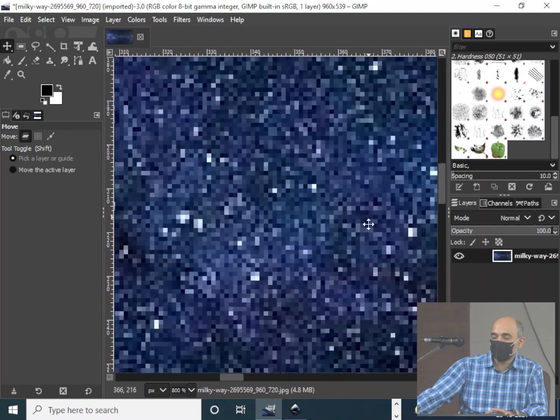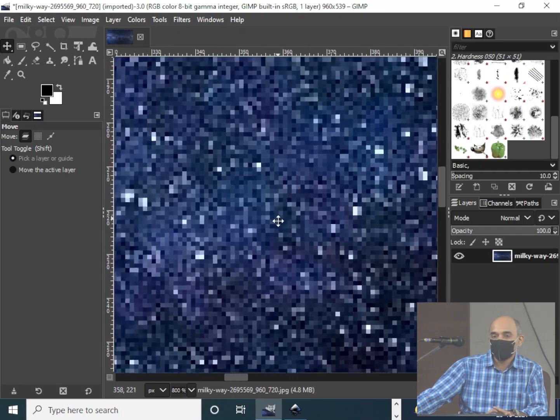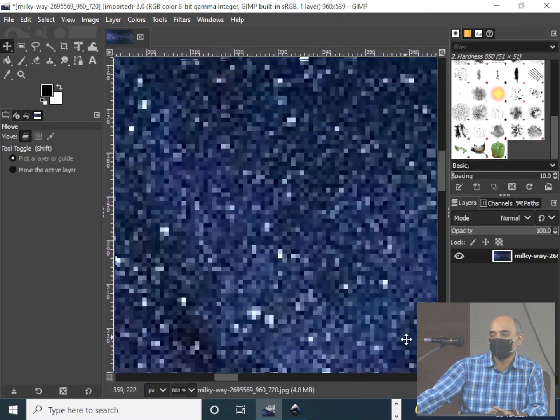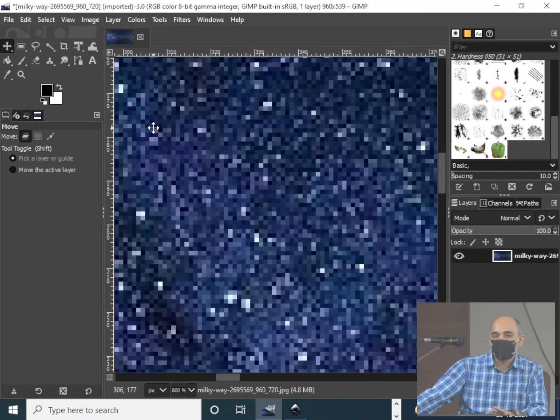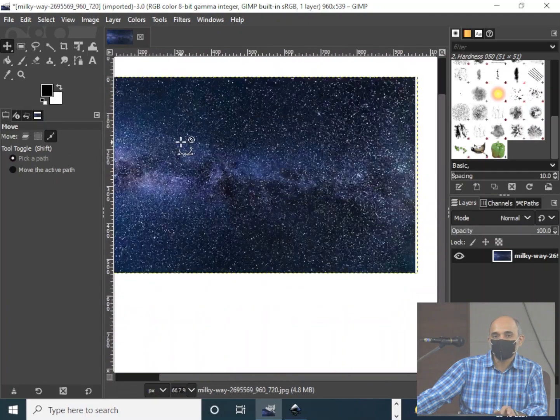I press the space bar and I can actually move the image. But it will not work with all the tools. It will work with the pen tool, it will work with this move tool. So if you want to move this image, press the space bar, just move the mouse, do not click, and you can actually move the image. And again press Ctrl and zoom out.